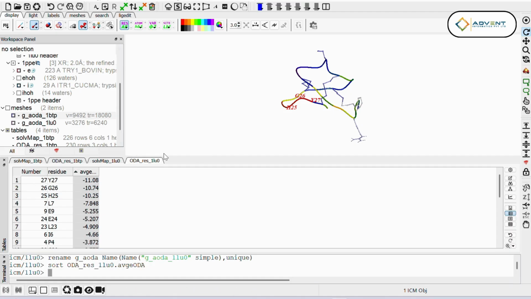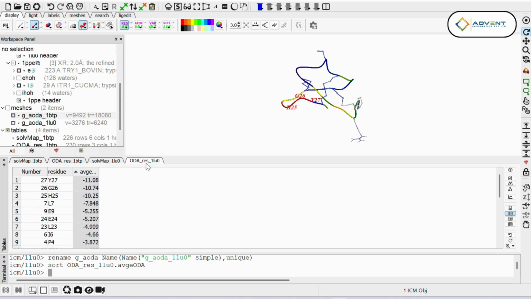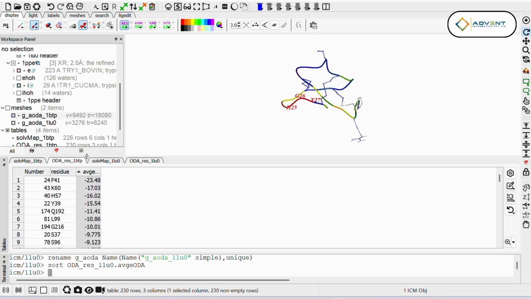So now you need to select these top 5 residues with the most negative average ODA values for your ligand in an orange color notation, whereas for the receptor, these top 5 residues with the most negative average ODA values will be selected in green colored notation. So to do that,